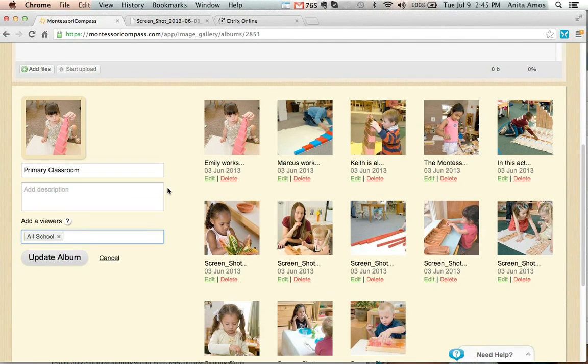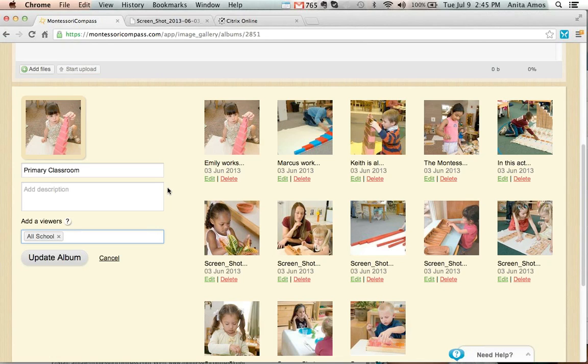This is a common question that we get. If you don't have a concern about privacy, to the extent where the parents have signed a photo release form or something to that effect, and you're comfortable sharing photos with the entire school community, that's generally speaking a good practice, because you can really showcase what some of the older students are doing. Maybe your kindergarten students are doing something interesting. Maybe your lower elementary classroom or your upper elementary classroom are doing something interesting. And making those photos available to parents of younger children is not a bad idea. It's actually kind of a nice passive means of marketing these more advanced programs.